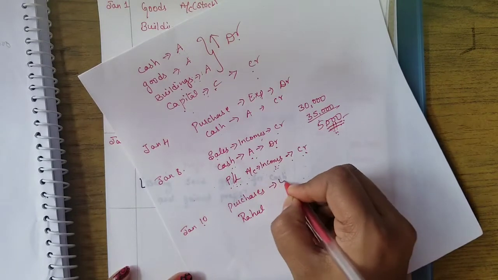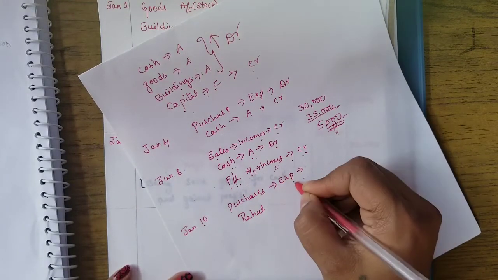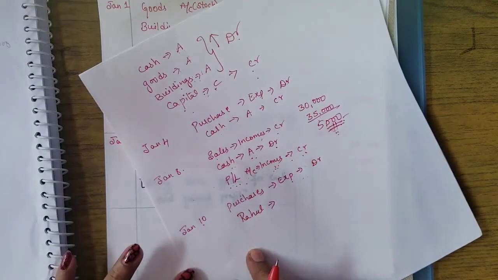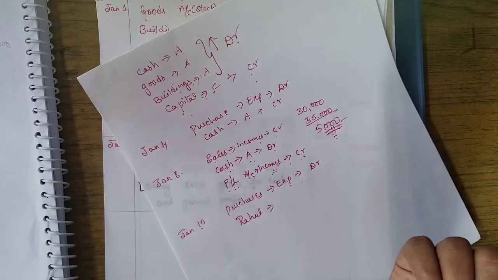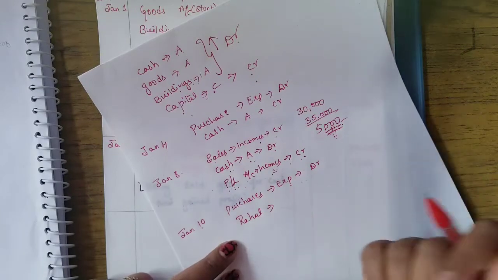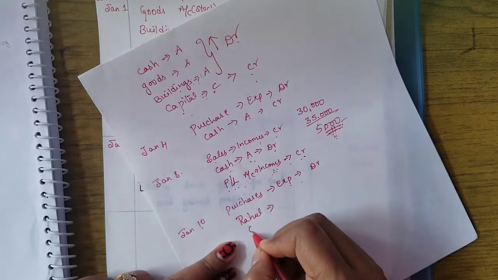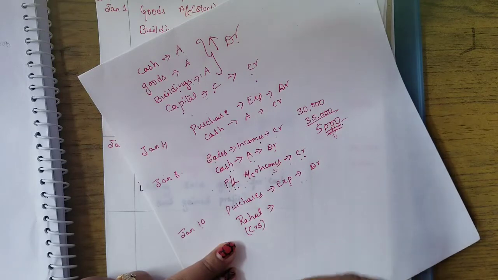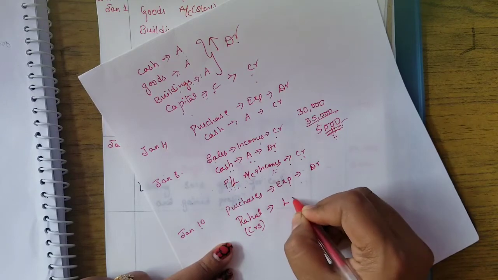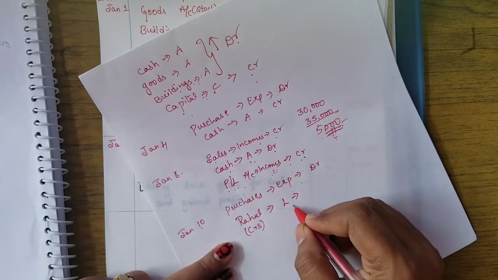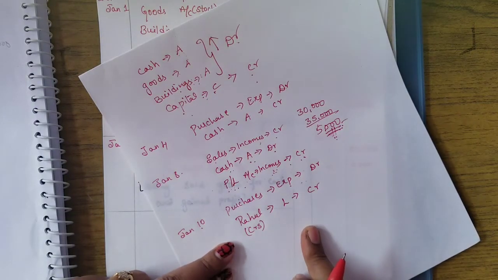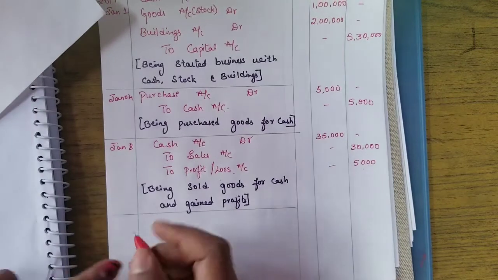So purchase is an expense. Expenses are increasing, it will be debited. And who is this Rahul? Since we are purchasing the goods and we are not paying anything, we are paying in future. We are taking the benefit from him. So Rahul is our creditor, to whom the firm is liable to pay in the future. Right. So he is a liability. So liability is also increasing. So increase in liability will be credited. Okay. So pass the entry now.